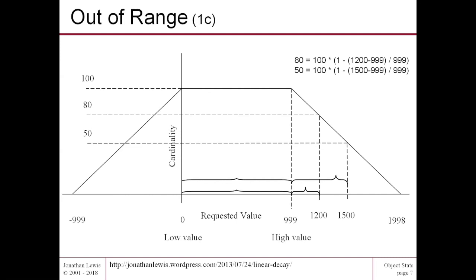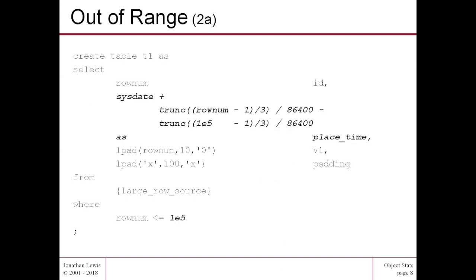So here's a little model which roughly represents a problem a client had some time ago that I went in to see. We've got a table, again with my create table, and I've gone for 100,000 rows here. The expression I've used, sys_date plus all the bits and pieces, where 86,400 is the number of seconds in a day, is row number divided by 3, divided by 86,400. What I've got is a data set with almost exactly 3 rows per second